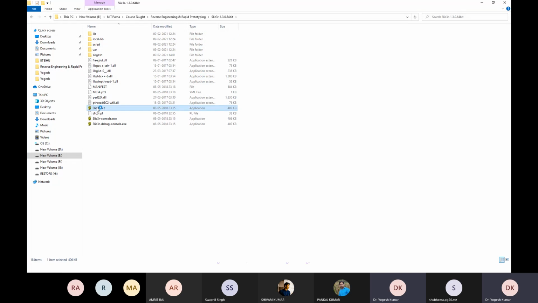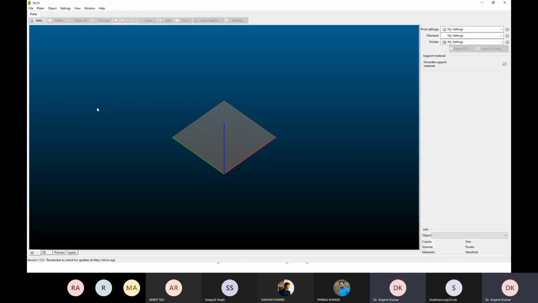Okay, so we need to create layers of your input data, which will be used for printing or creating this object layer by layer. For demonstration of this, I have one open source software which is called Slic3r. Okay, so here I will open the particular file which I want to slice.